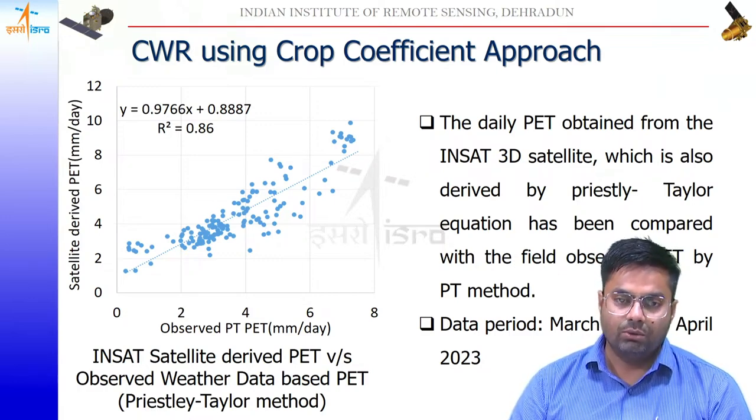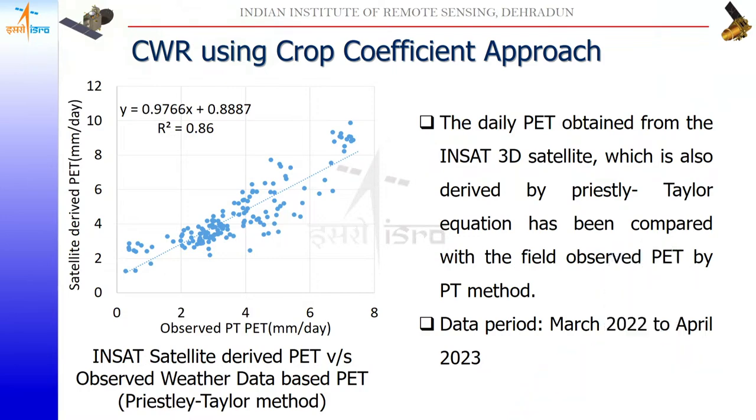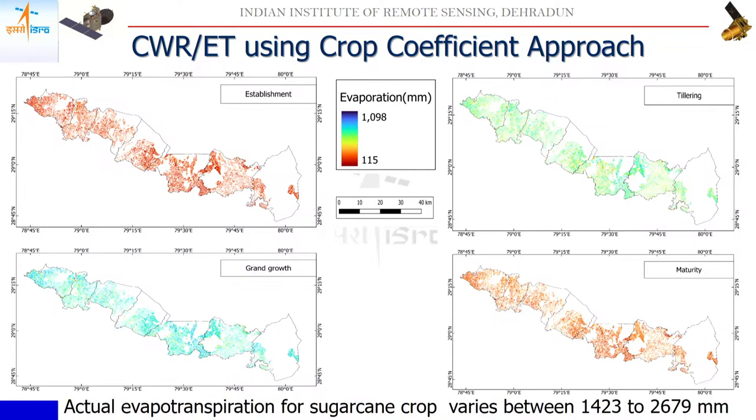We also make a correlation between observed potential evapotranspiration data sets and our Indian satellite data sets, specifically INSAT-3D geostationary satellite derived potential evapotranspiration data sets, and we find a quality agreement between observed versus satellite derived data sets. Ultimately, these satellite pixel based data sets are used in the final integration of crop water requirement using the crop coefficient approach. As I show in this slide, the results are from various crop phenological stages of